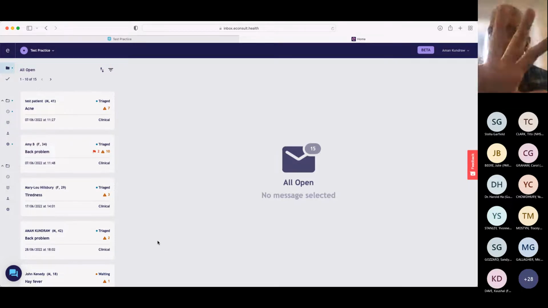This is very much a beta at the moment, so it's not the final product. It's in development. We have some beta sites using it around the country, and they're supporting our ongoing development of it. Before I go over the particulars of the consultation, I'm just going to quickly walk through an overview